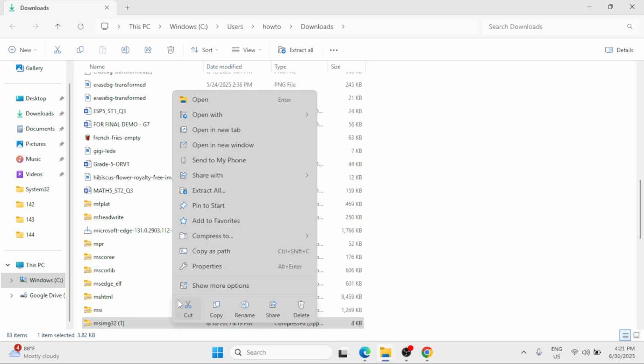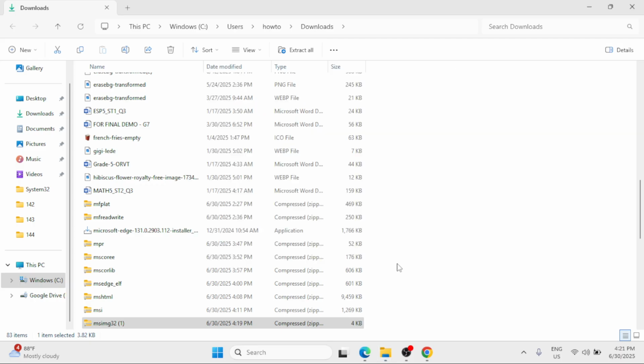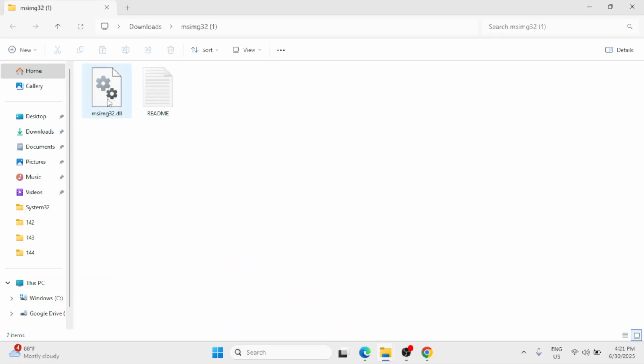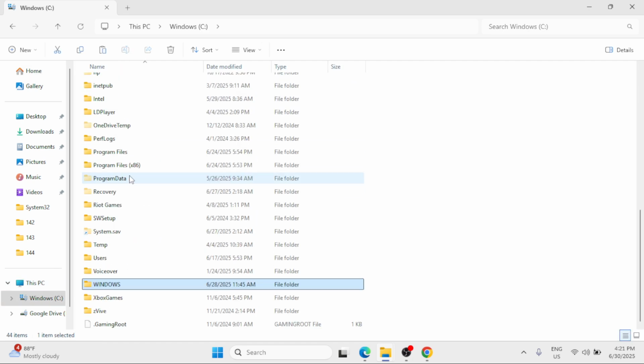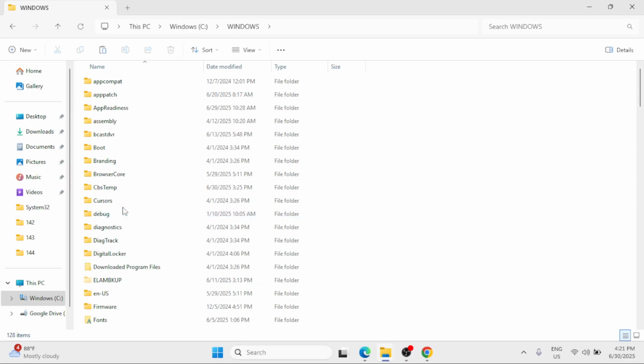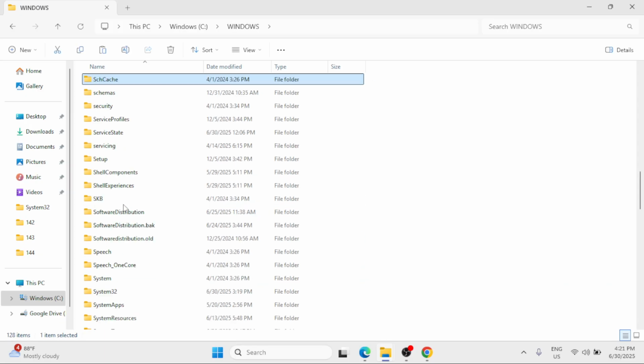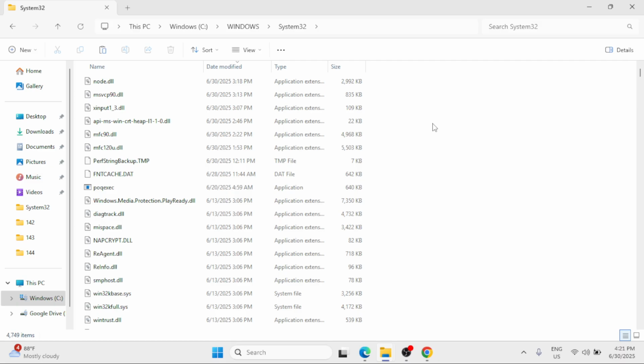Then right-click and select extract all. Click on extract. Copy the DLL file: right-click, select copy, and go to This PC on the left pane. Double-click on the Windows C drive, scroll down to the Windows folder, locate the System32 folder, double-click, then right-click and then